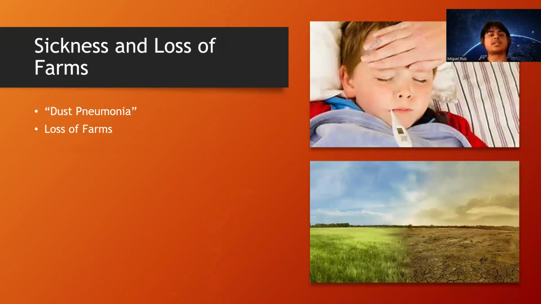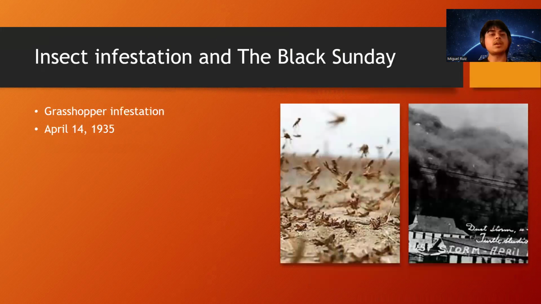Farmers were also losing their lands because they depended on these farms. This was their income, their home. So when they couldn't afford it, they had to migrate out to different states. Also, grasshopper infestations were really bad at this time because grasshoppers like these warm, dry areas, and they would eat all the vegetation that was left over and green plants. It's just an inconvenience to have infestations during these times. So people were also freaking out about this.